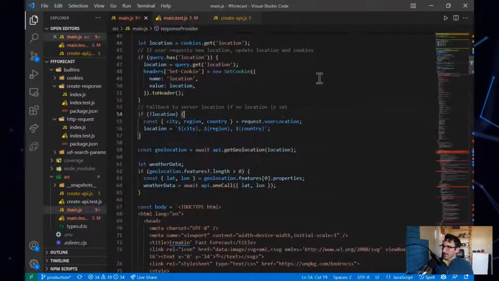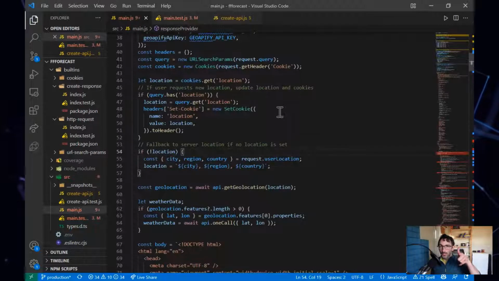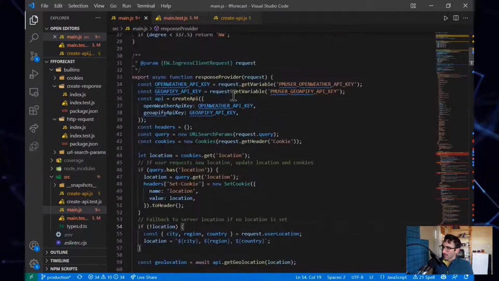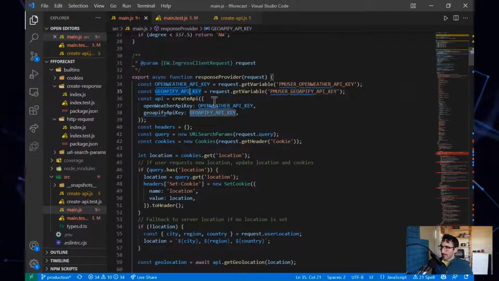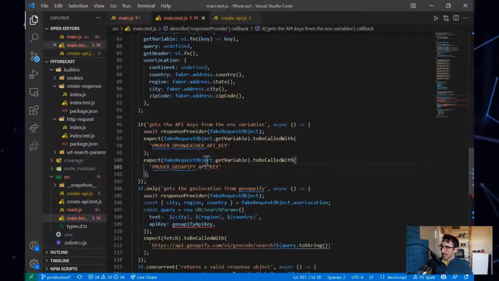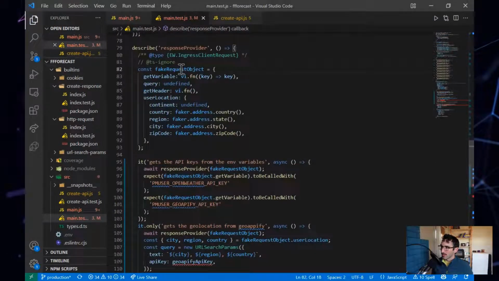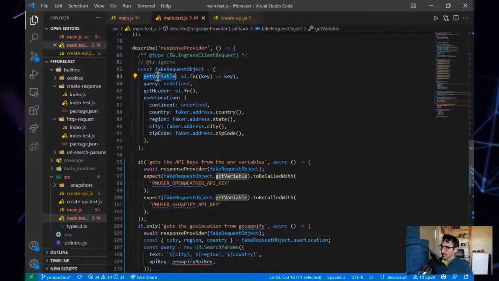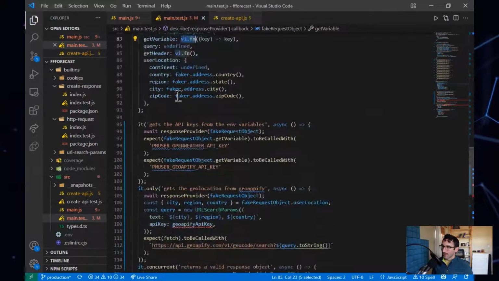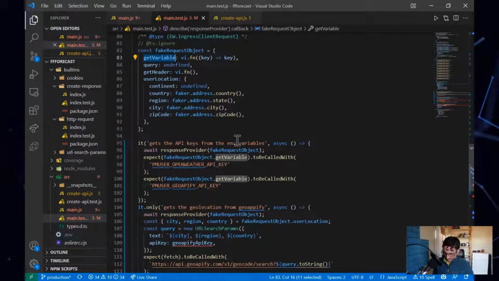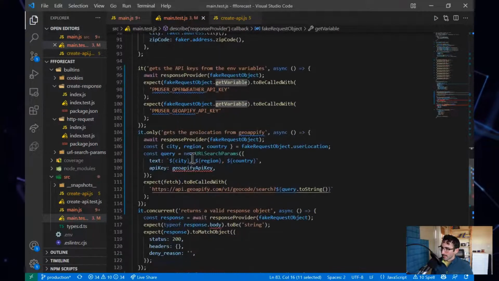So let's continue. Unless you got questions, let me know. But what we essentially need to do is figure out what this GeoAppify API key value is. And since we're using this request.get variable, and we're making this request object with a function called get variable, which is a mocked function, we can actually grab a reference to that mocked function. So we can say